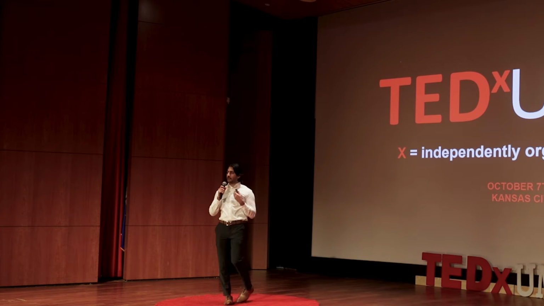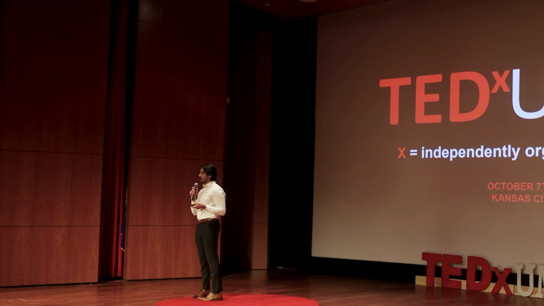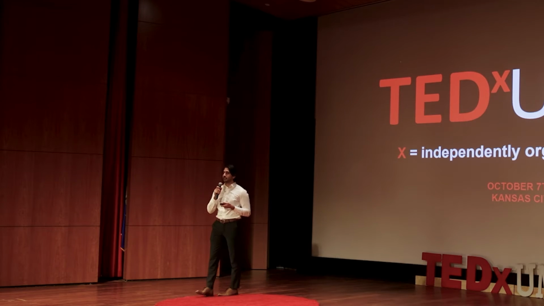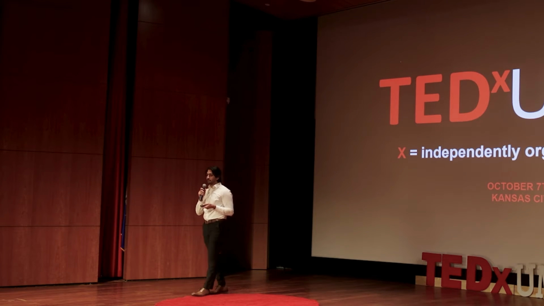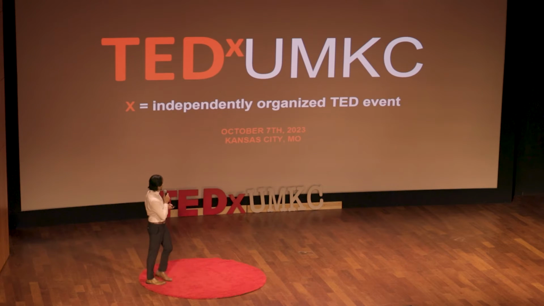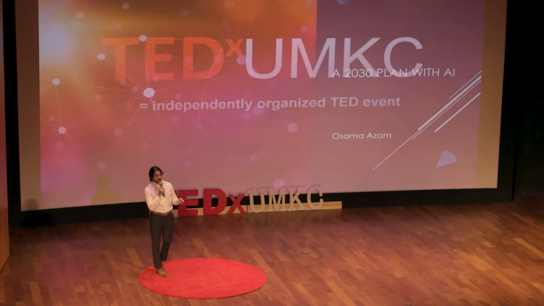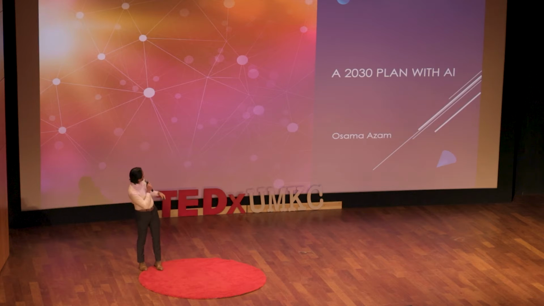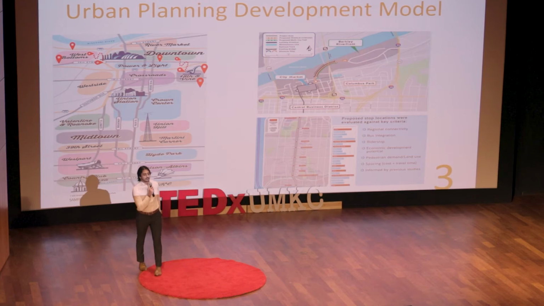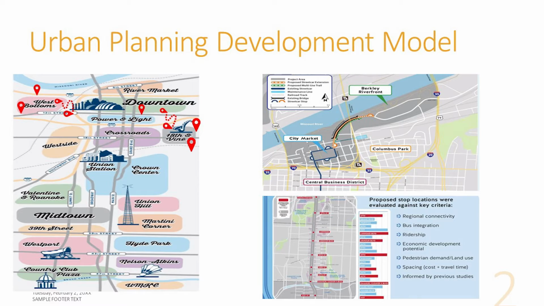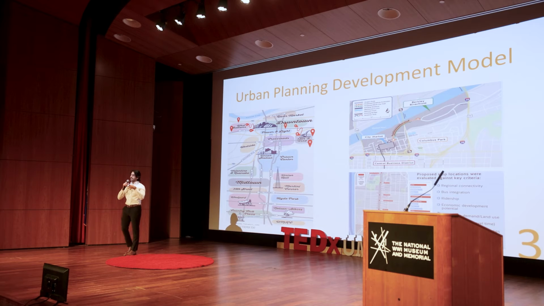Now, I'm only going to talk about three of the many topics listed in the plan for the sake of time, and how artificial intelligence can be used to assist them. So, let's jump right in. So, the first topic is efficient transportation. Now, what the plan means by efficient transportation is taking the streetcar out of downtown and expanding